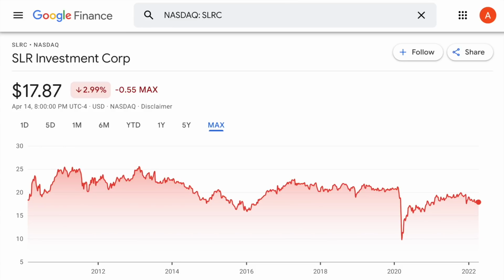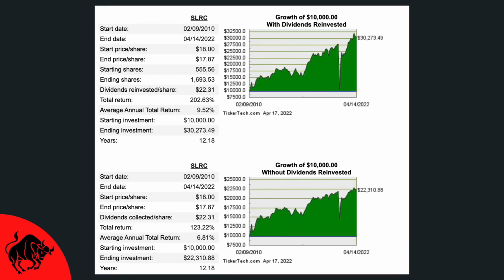If we did look at the performance of a $10,000 investment back when this company first launched, we can see that it would have left you with an overall return of 202.63% had you chosen to reinvest all your dividends. If you would have kept the money, you'd still be looking at 123.22% overall return on your investment. With dividends reinvested, your average annual return would have come out to 9.52% and would leave you with an ending balance of